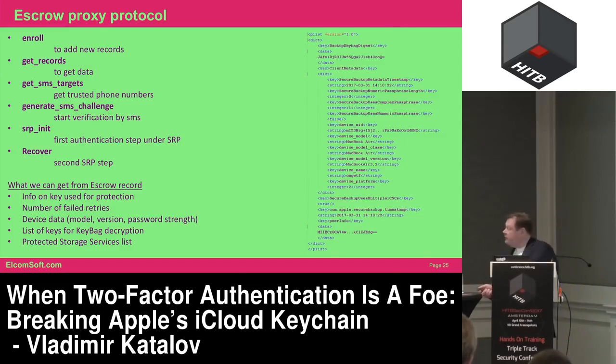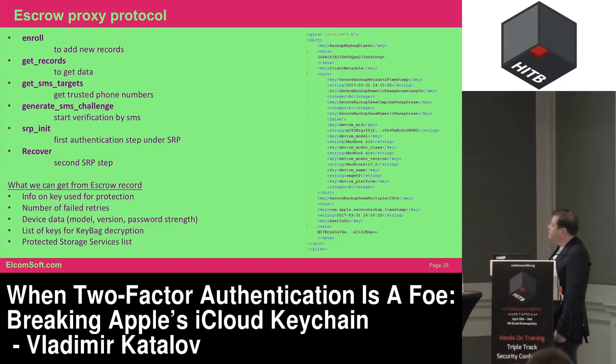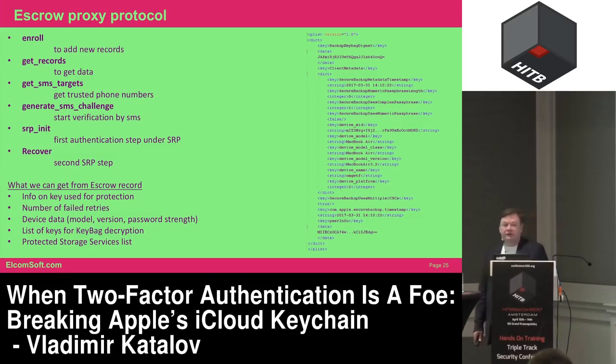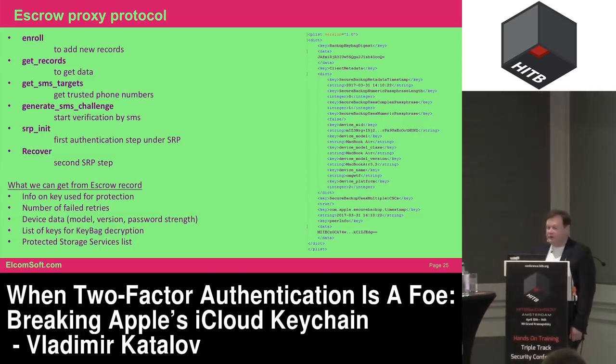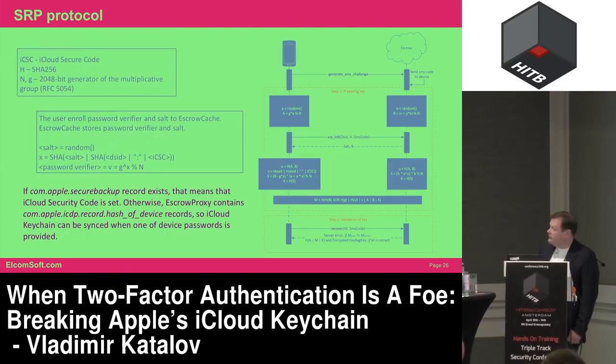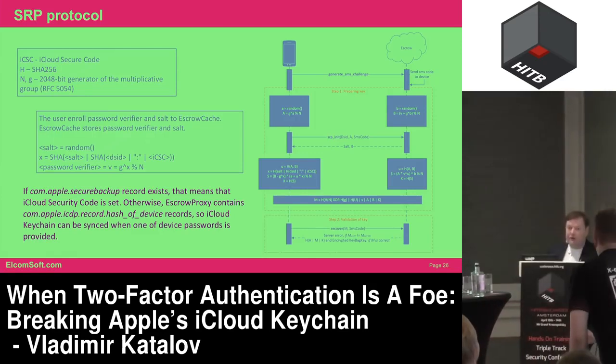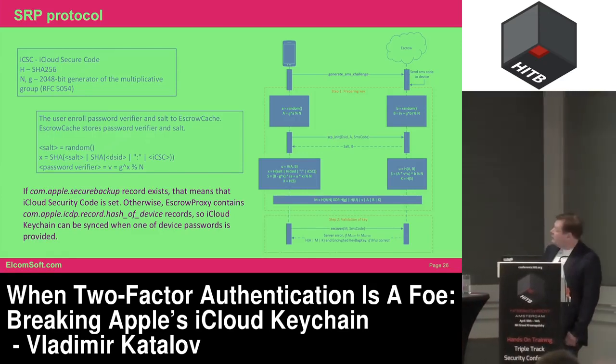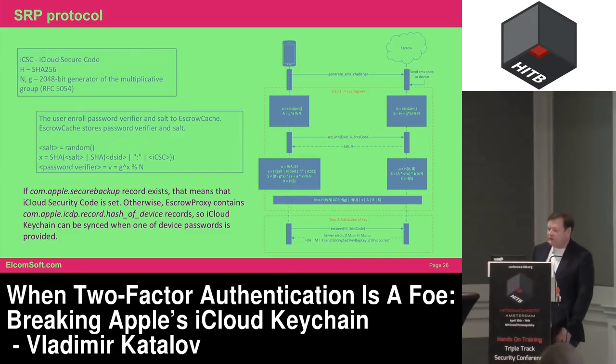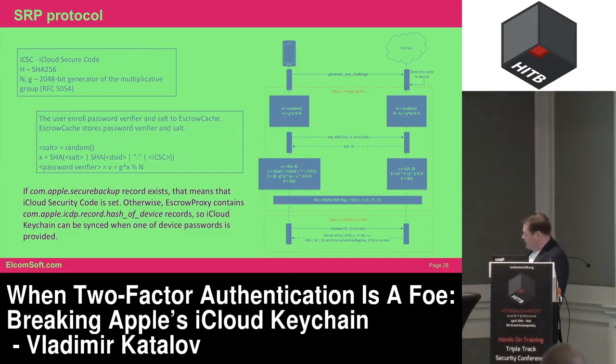We also have the data on the trusted devices, including the model version here, for example, MacBook Air with the version and with its name, and the list of the protected storage services available there, because they may be different for different accounts or for different versions. There is another slide on how the SRP protocol works, and I'm not sure if you see it or not, but I can share the slides with you, and how the device communicates with the iCloud